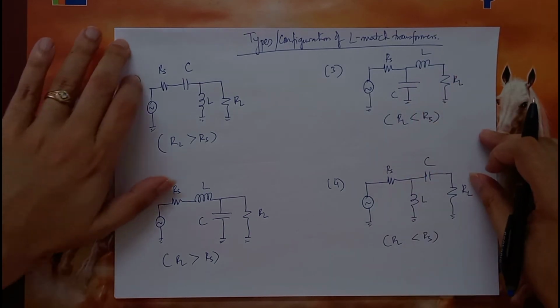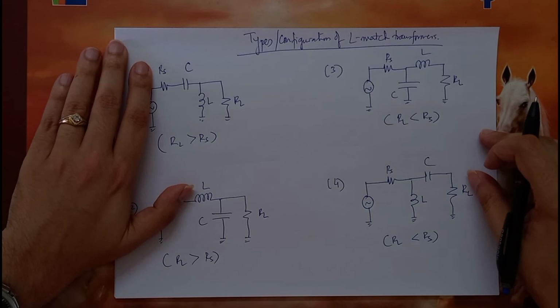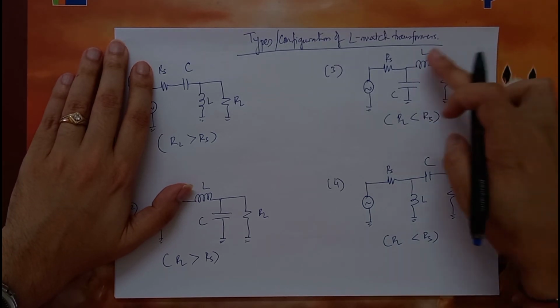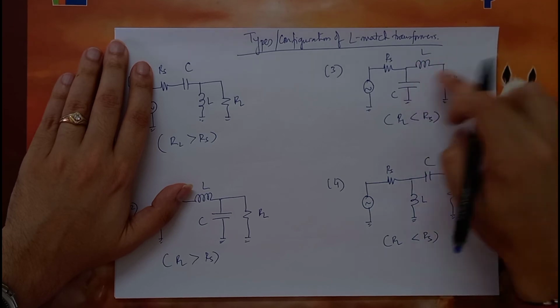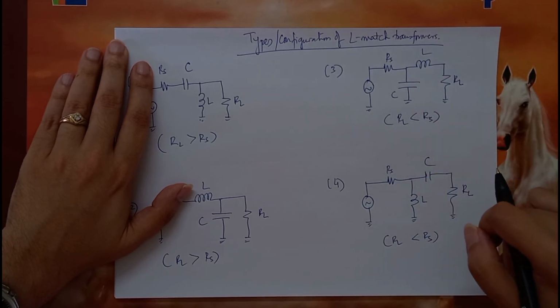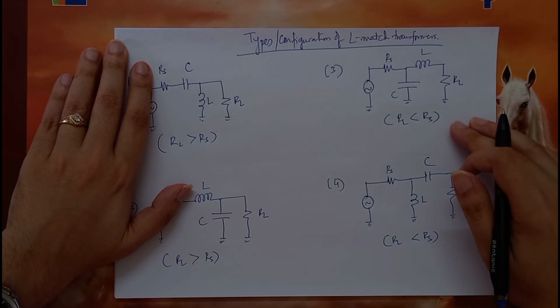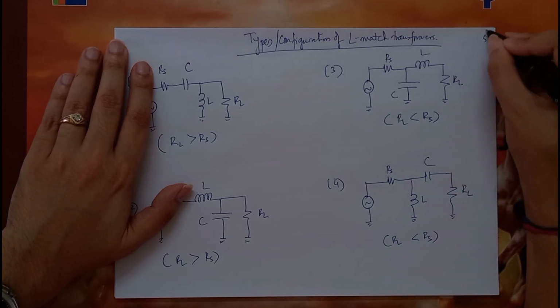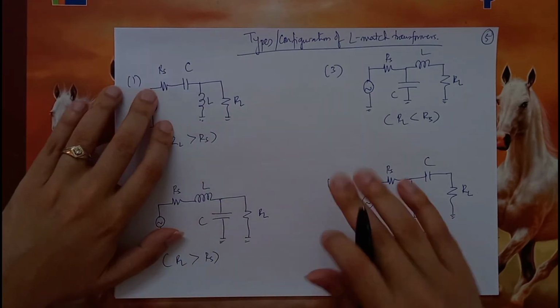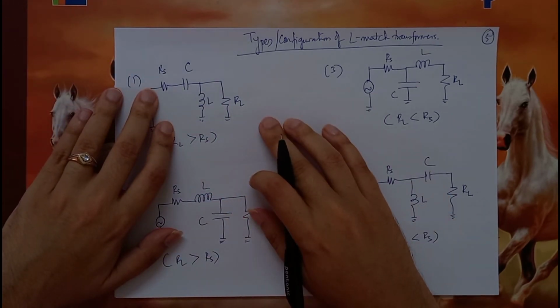For any of these two cases, what you can do is take this series RL network and transform it into parallel. Here you can take the series RC and transform them into parallel and proceed accordingly. This I leave to you as an exercise, which can also be verified using the Smith chart, wherein